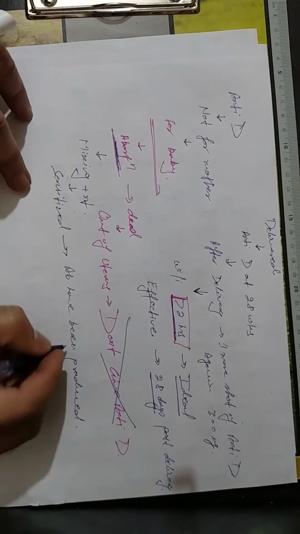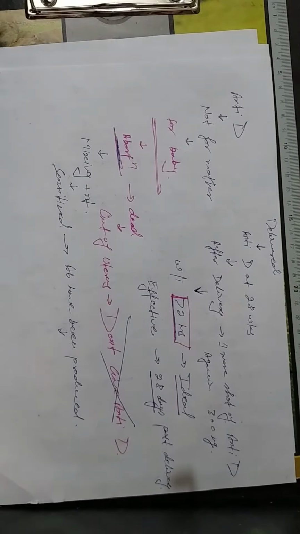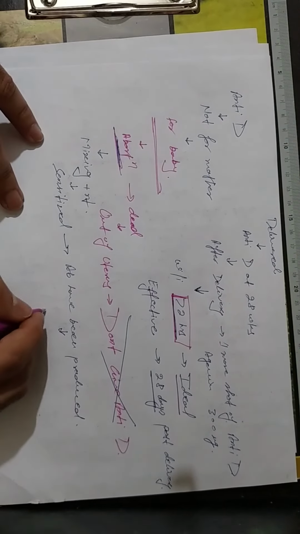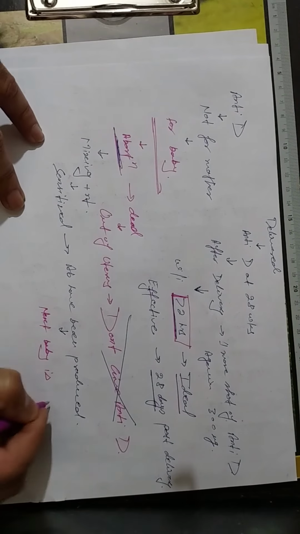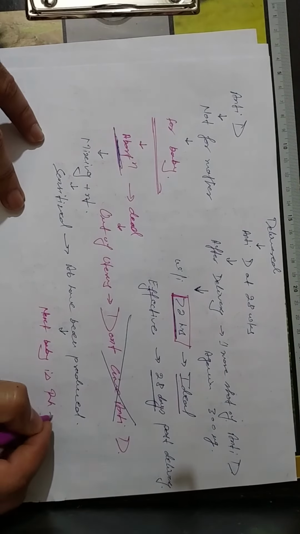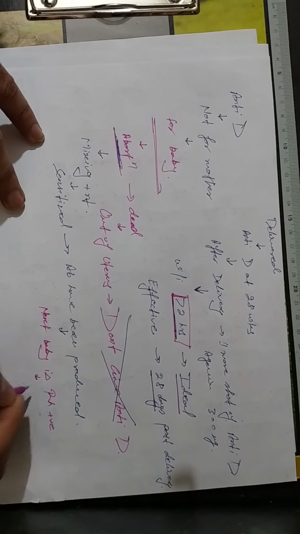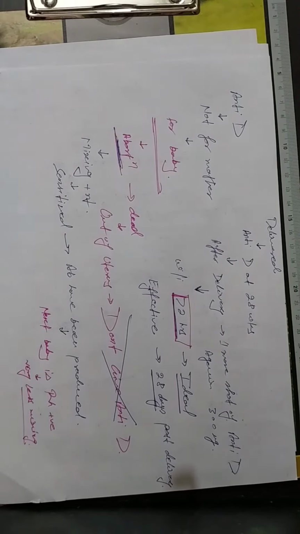Correct? Now, next time during the next delivery, if the next baby is Rh positive, and if there is even a very small amount of mixing, or even if there is no mixing,